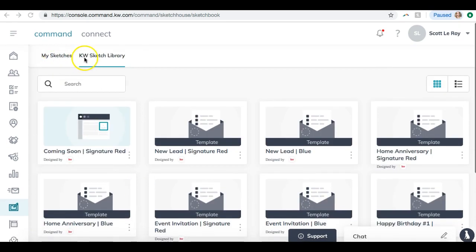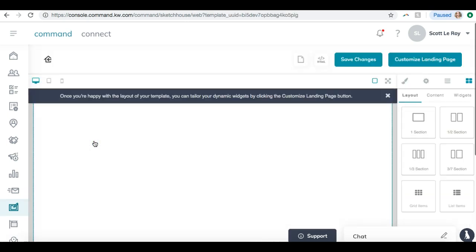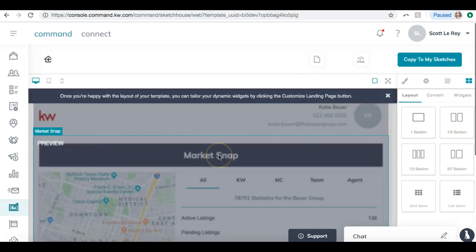Okay. I apologize, guys. I'm kind of stumbling through this at the moment. Let's see if I can create a market snap. Okay, so this